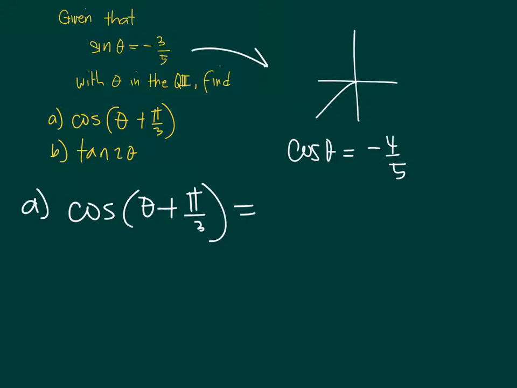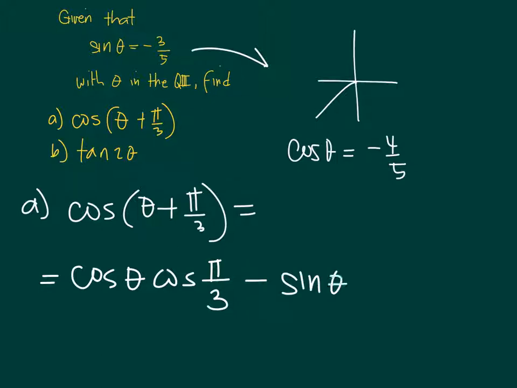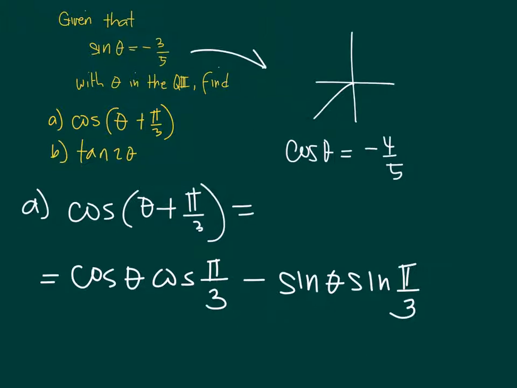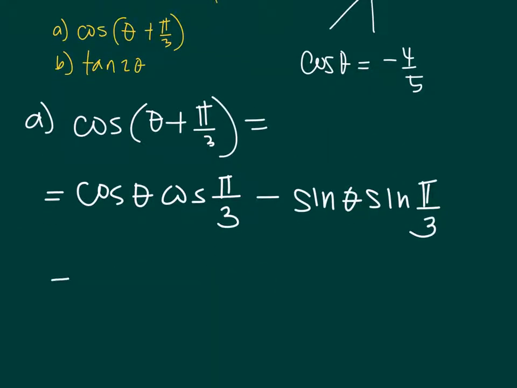Hindi pa. Cosine theta cosine pi over 3 minus sine theta sine pi over 3. Dapat yan muna. Okay? Establish nyo muna yung identity, because you cannot input the negative 4 over 5 and negative 3 over 5 directly. Okay, cosine of theta